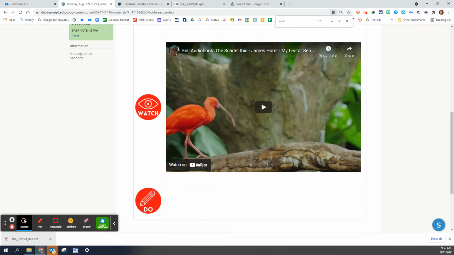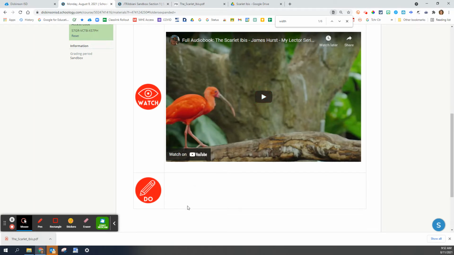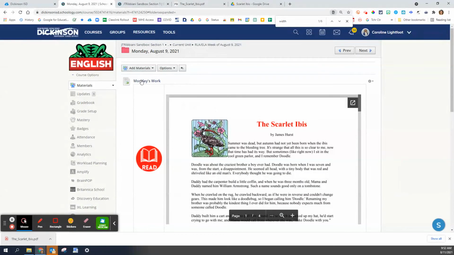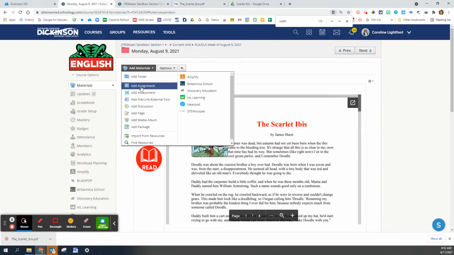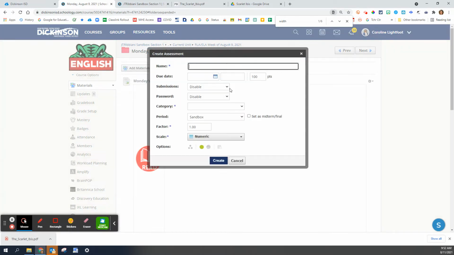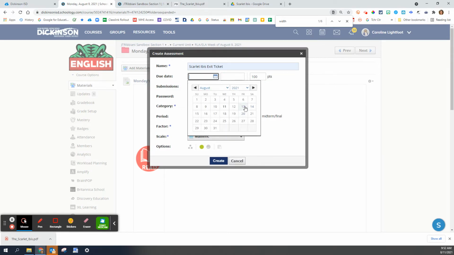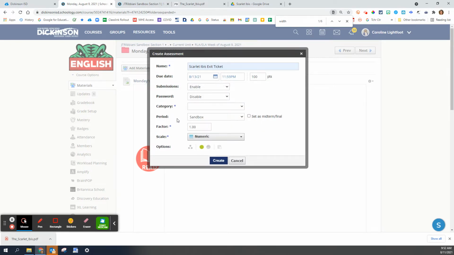So I'm going to make a quick assessment and then I'll pull it in and show you how I would pull it in here. So I can go to add materials, add an assessment, and I'll do 2 quick questions. So we'll call this the Scarlet IBIS exit ticket. And I'm going to enable submissions, and we'll say this is due Friday. Midnight is fine. And we'll say I do want to grade it, ungrade it, either way. And we'll call this